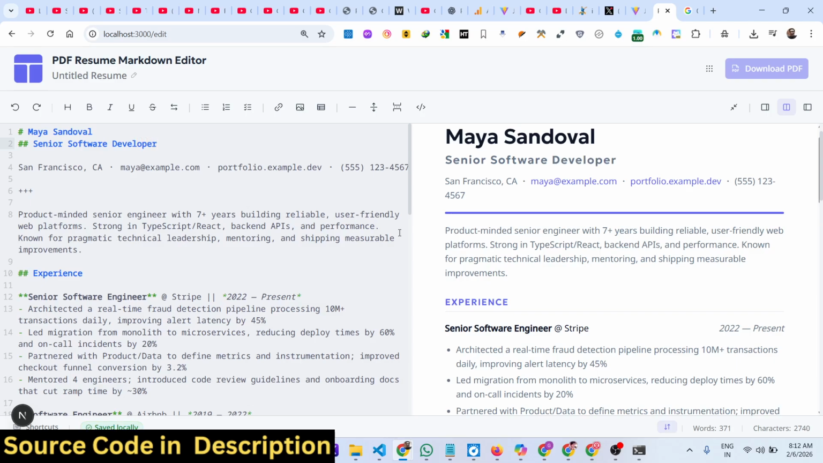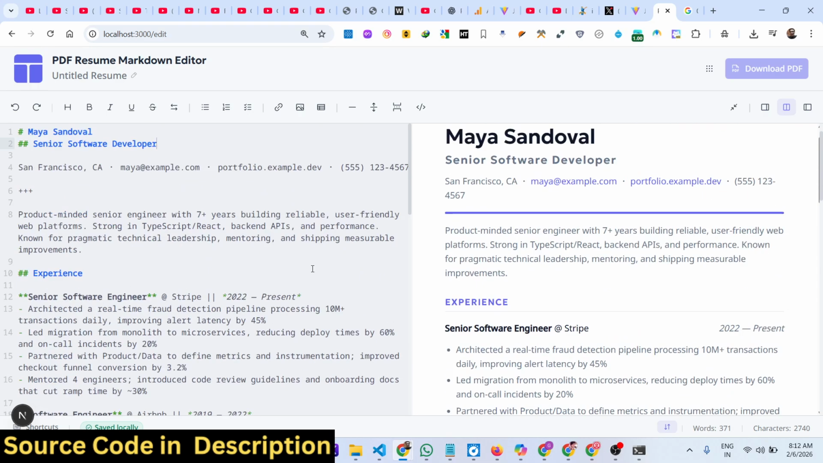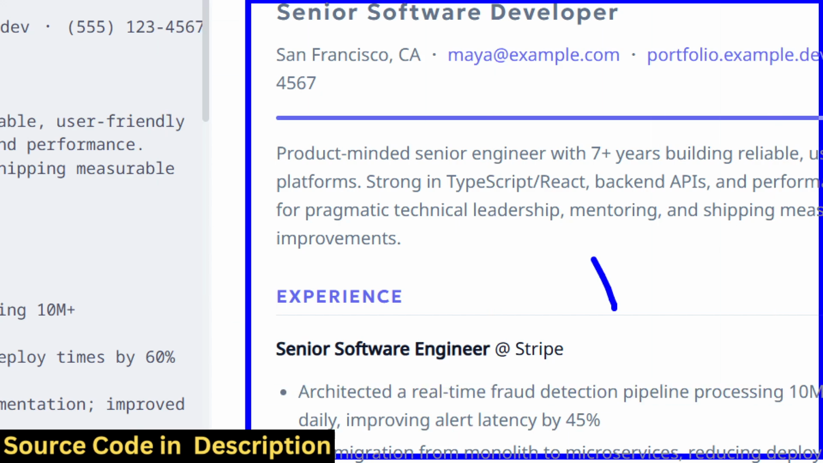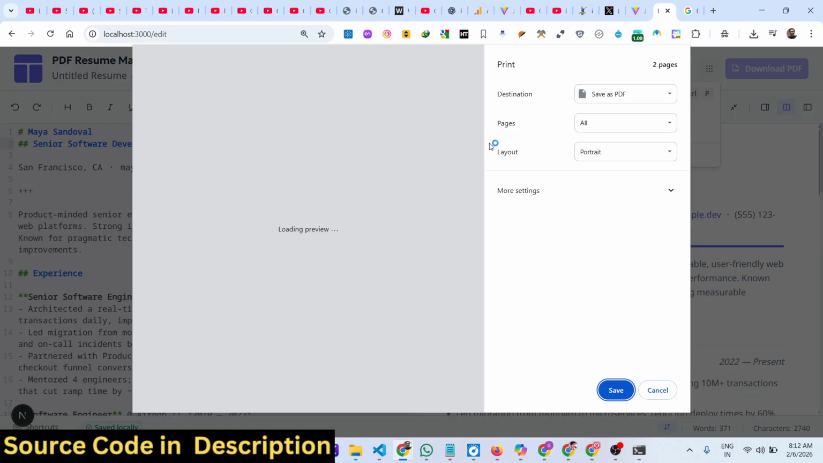So you just need to paste. So this is a ready-made markdown written for you. So here you can make any sort of changes, and then you have the option to actually print or save it as PDF. So if I save it as PDF,